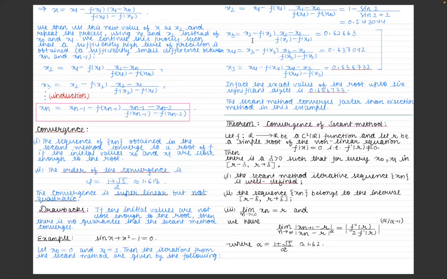Secondly, the sequence xn belongs to the interval r minus delta, r plus delta. Third is xn converges to r, and we have